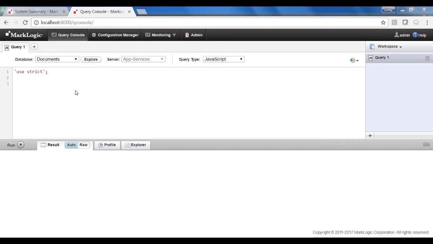Now remember, to follow along with these examples, you're going to want to have first downloaded and installed MarkLogic 9 from our developer community website, and then also clone the GitHub repository from the MarkLogic University GitHub site, which will give you access to all of these code examples in the exercises. So let's get